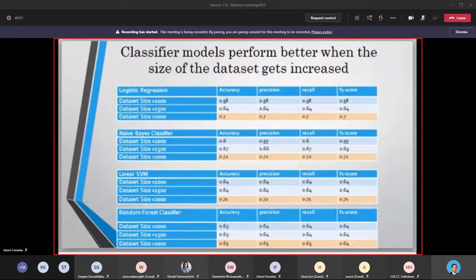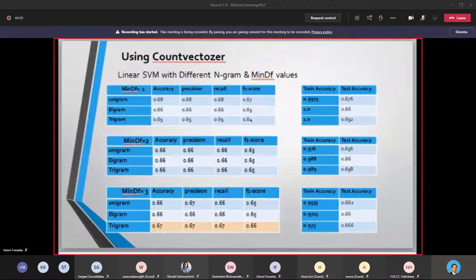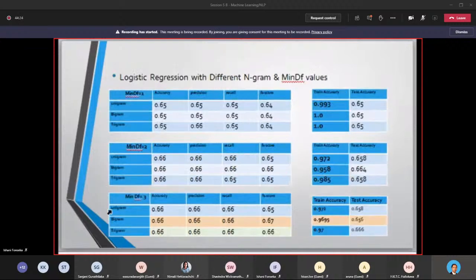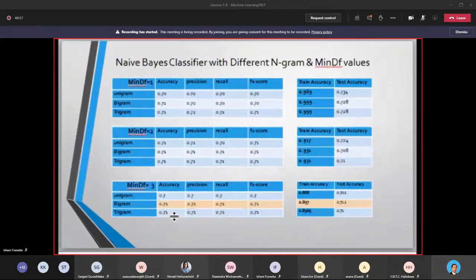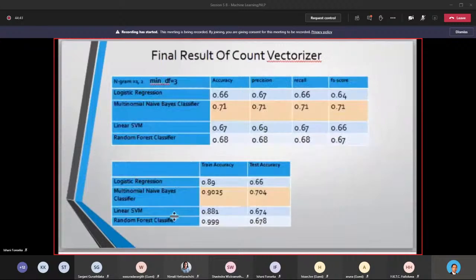In this result table, you can see the results using the count vectorizer feature extraction method with a linear support vector machine, with different n-gram values and different MinDF values. By using this result, you can see MinDF value 3 performs best among the other values. Also, when you are using logistic regression, you can see MinDF value 3 with bigram values performs best. The same when using the random forest classifier: MinDF value 3 and bigram values perform best. So, as with the naive Bayes classifier, MinDF value 3 performs well. So when I'm using the bigram values, I use MinDF value 3 for my